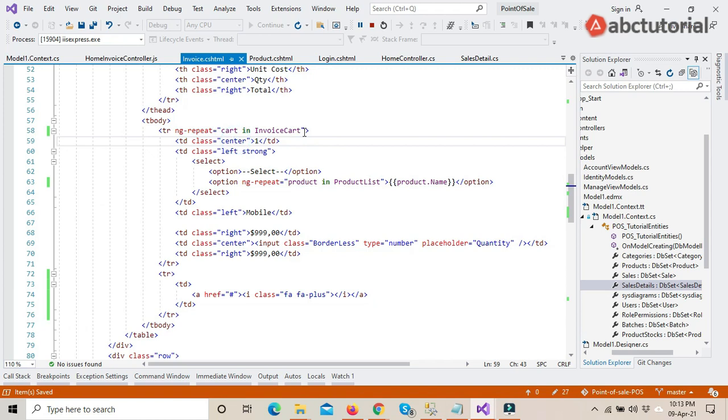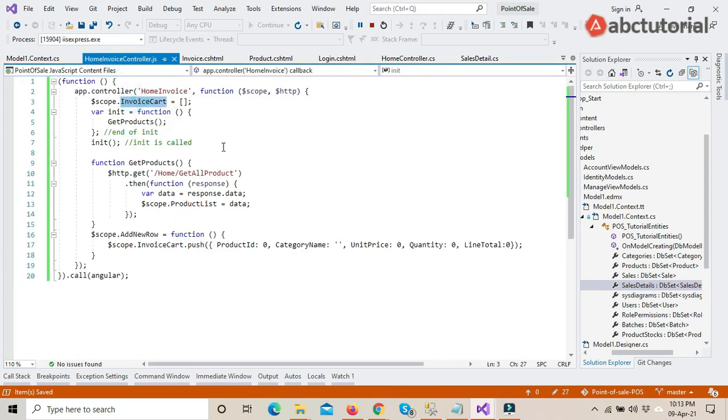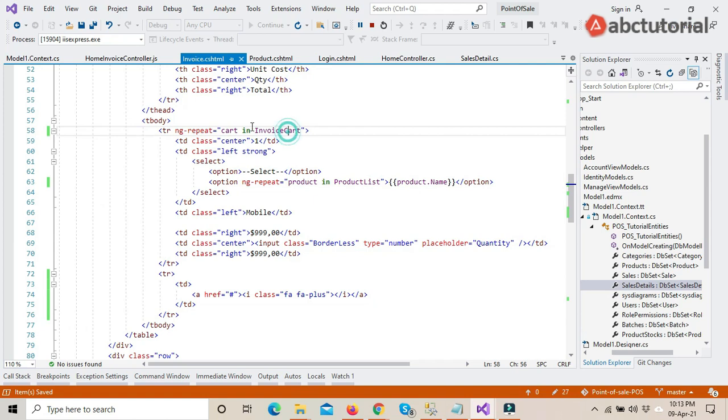As you understand the foreach loop, see, this is invoice card, in this global scope, array type scope. We push the first time when we click on this add row, then a null object will be inserted into invoice card, and we will show invoice card items one by one